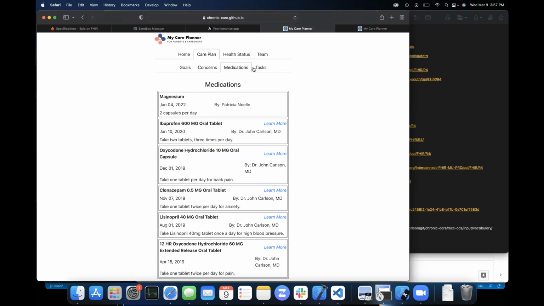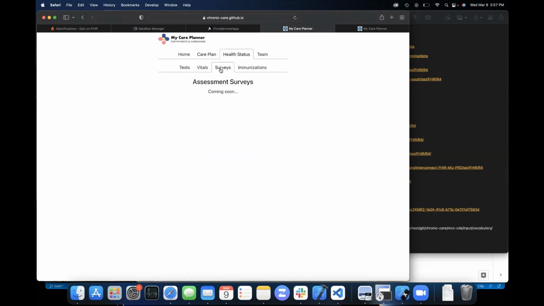So, just one last point, we're really trying to think about where assessment observations fit. I have a tab in here, apparently called surveys, and it can absolutely read survey observations.